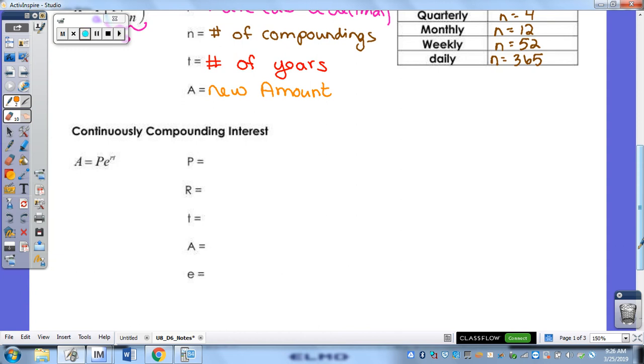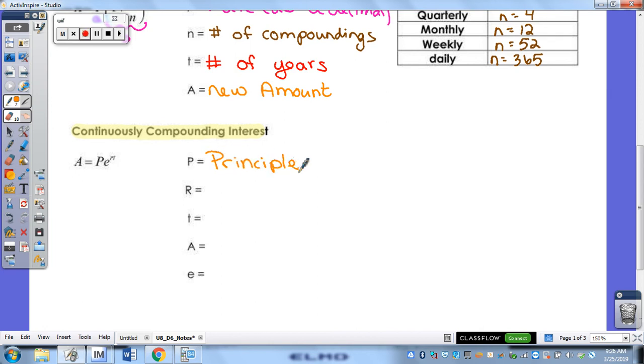And then our last one is if you are earning interest continuously. That's the key phrase for this one. It'll tell you continuously compounding interest. So if it's continuously, you use this formula that I like to call APERT. It looks kind of like PERT. Just like up above,